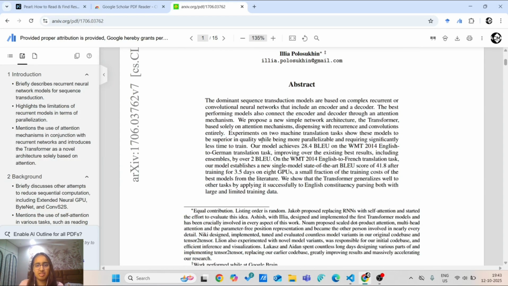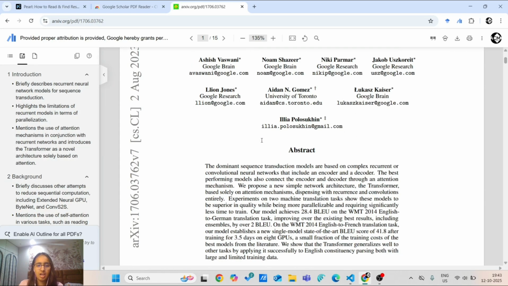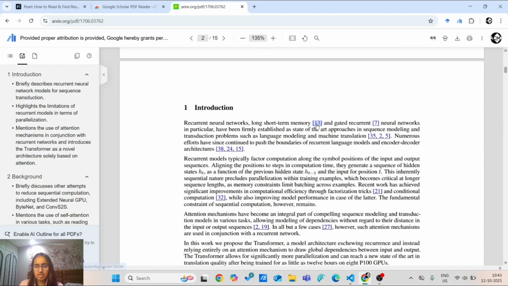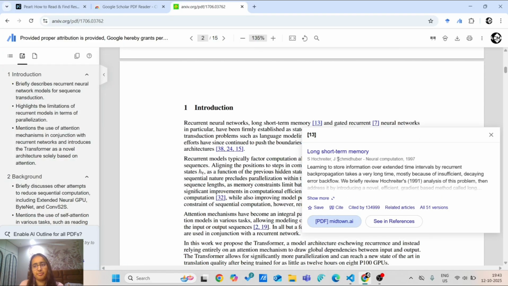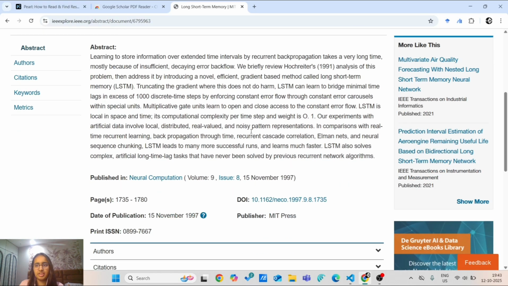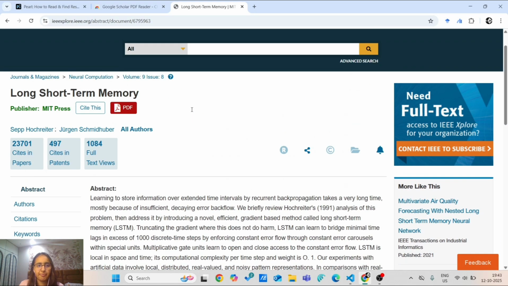It is much easier to manage citations through this. If I click on this, I can easily find the paper. This is possible because of the Google Scholar PDF Reader extension. I can easily click on it and get to that paper, so that became much easier for me.